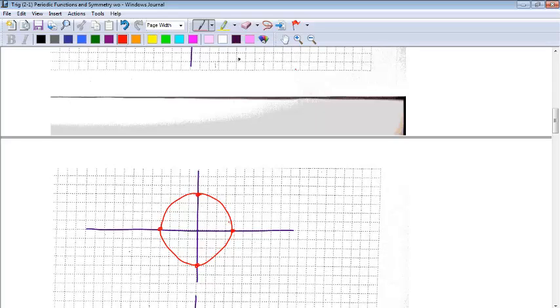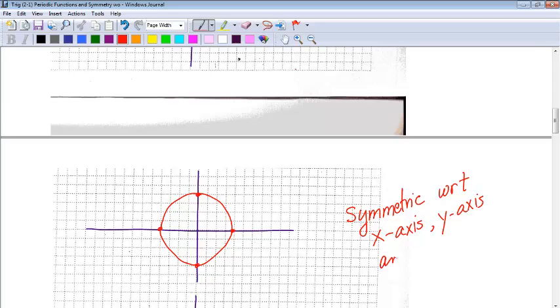But this one has an interesting property that if it's a circle, you could fold this half over on top on the y-axis. So this one is symmetric with respect to, and the author is going to use WRT for with respect to, the x-axis, the y-axis,